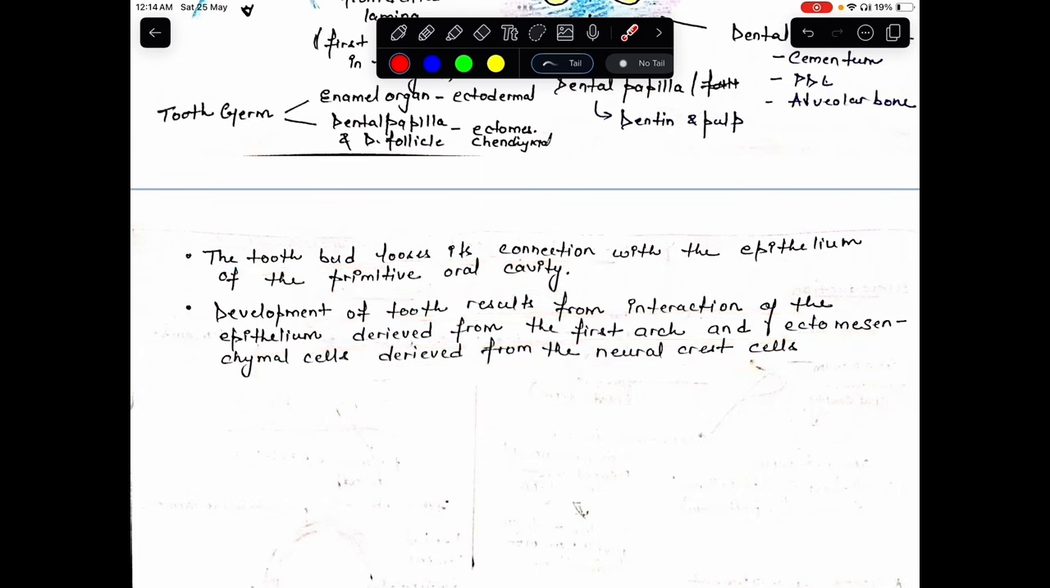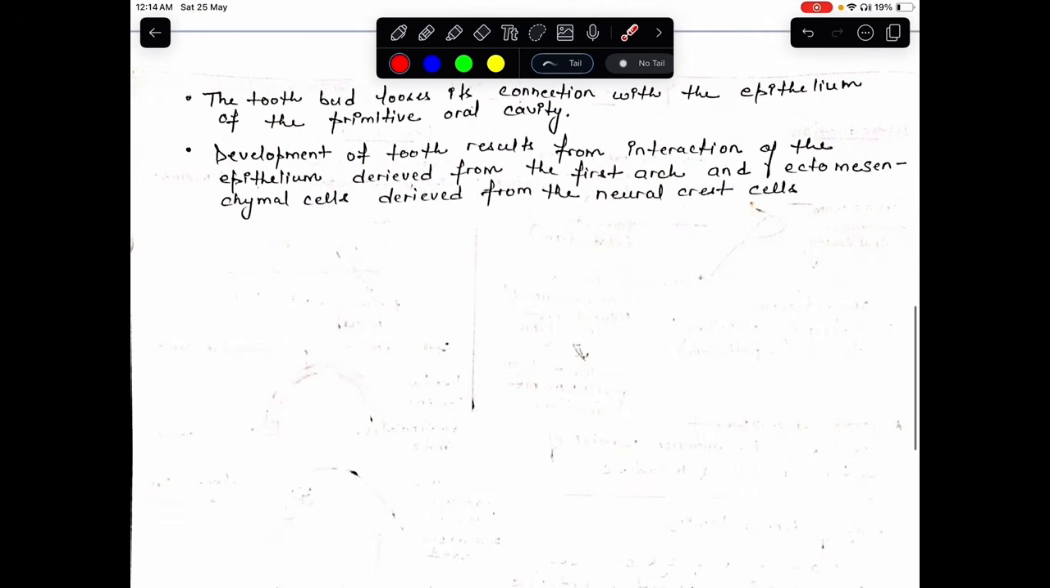So this is a line in the organs. What it means is that you might be thinking, okay, so a tooth develops from interaction between the epithelium derived from first arch and the ectomesenchymal cells derived from the neural crest cells. So we saw that there was the oral ectoderm, and then there was the ectomesenchymal cells. So it arises from the interaction of these two layers. Okay, these two layers. But what happens is that they're telling you basically that